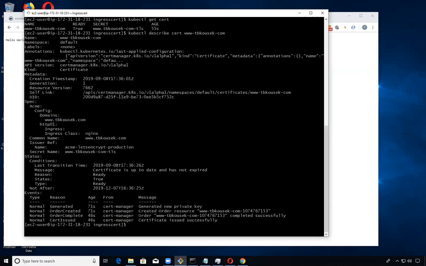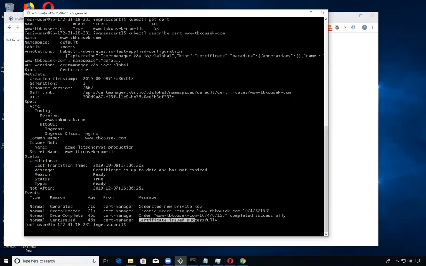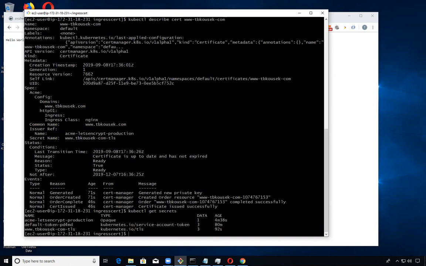As you can see, it went through the HTTP challenge. We went ahead and got our certificate from Let's Encrypt. As you can see, we went through these particular steps down here. Certificate issued successfully. And again, if we say kubectl get secrets, you can see we've got our particular secret that's been created